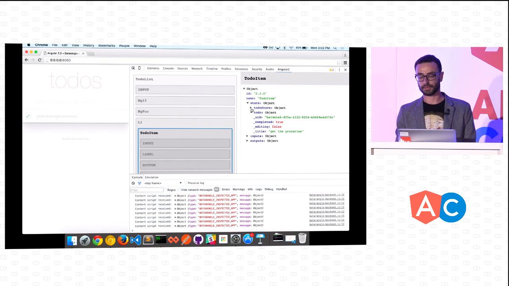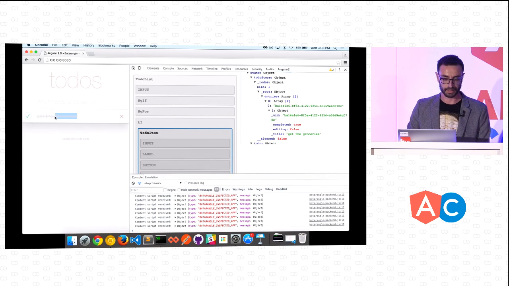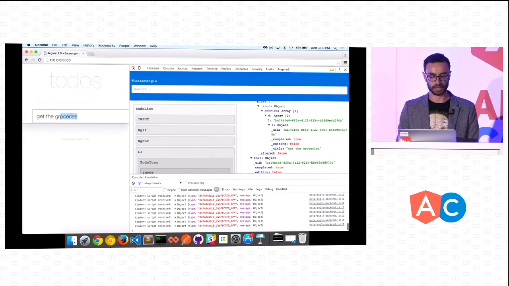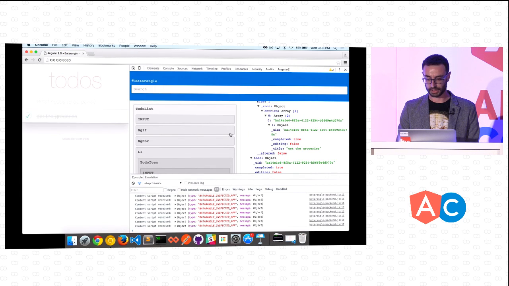I can take it even a step further. I can go into to-do store, look at my to-dos, and kind of make sure that my store has been updated as well, without putting any debugging breakpoints or anything like that. And go inside, and now you see the completed has been set to true. The same thing kind of goes if you go and you change the text here. And as you can see there, if you click the ngIf